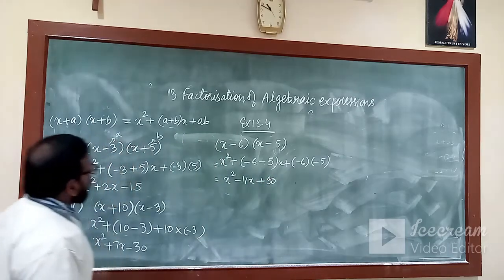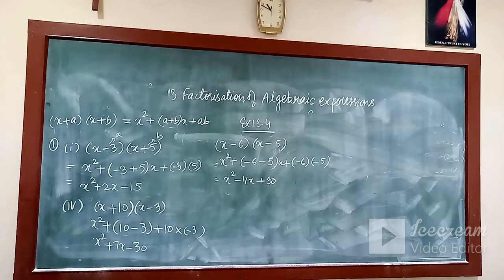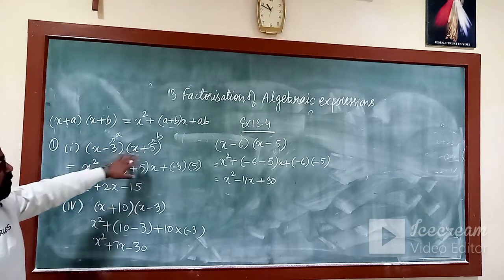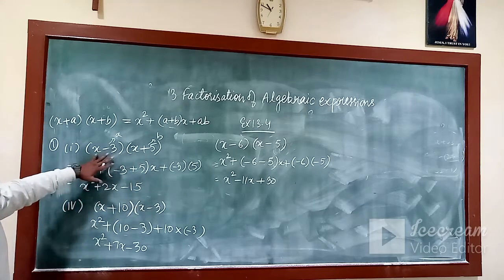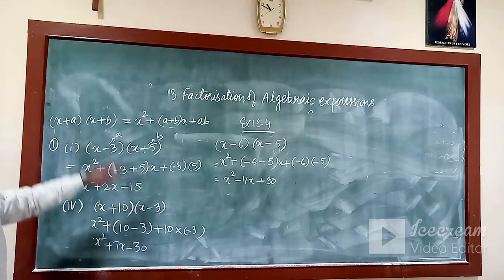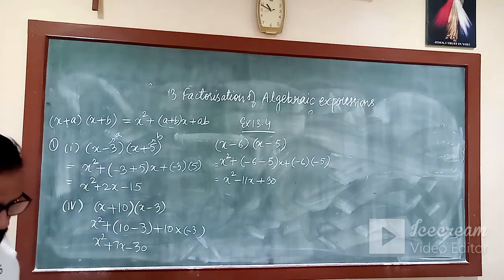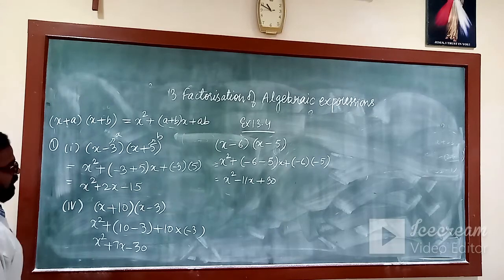So we can use this algebraic expansion to calculate the values of these types of polynomials where the coefficient of x or y, whatever, is the same. Okay, so that's it for today. In the next video we will discuss how we can factorize a quadratic polynomial by the splitting of the middle term method. Thank you.